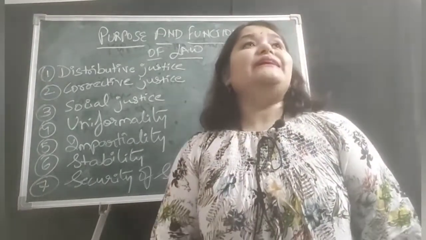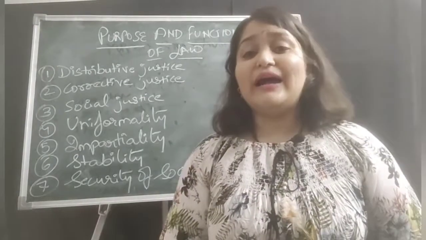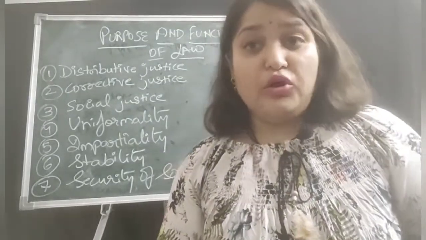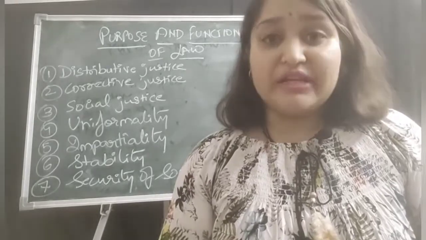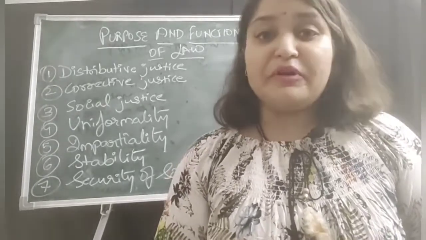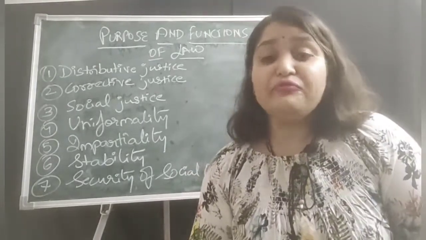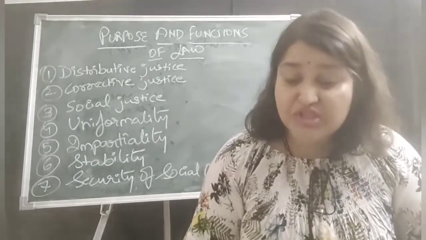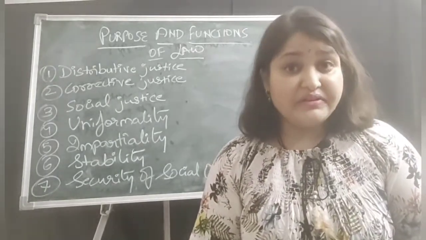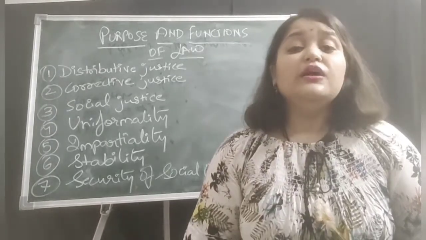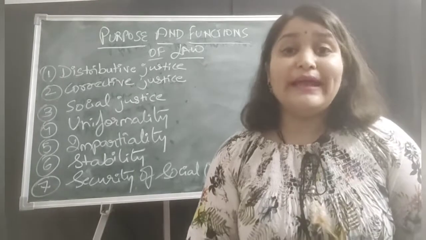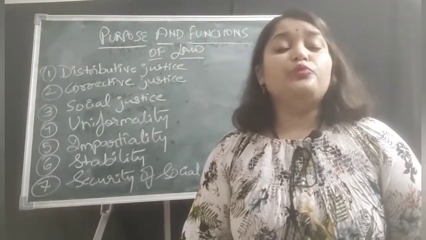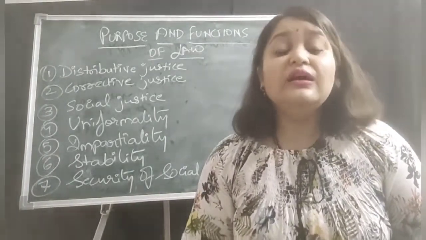If I take an example of Article 14, just think, what is Article 14? Article 14 of our Indian constitutional law deals with equality before law and equal protection of law. As per Article 14, everyone is equal in the eyes of law. Everyone has to get equal protection by law. Nobody is considered over and above the law. This is Article 14 of our Indian Constitution. It also helps in ensuring distributive justice in our society, which is one of the most important and crucial functions of our law.